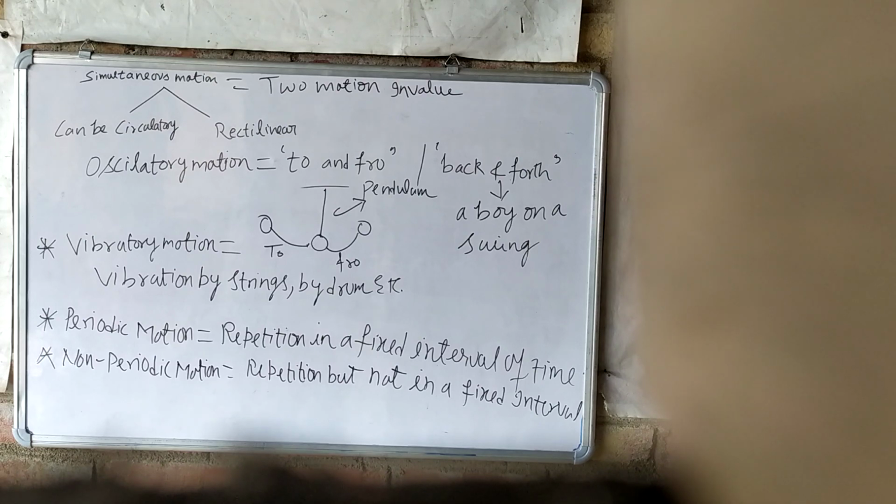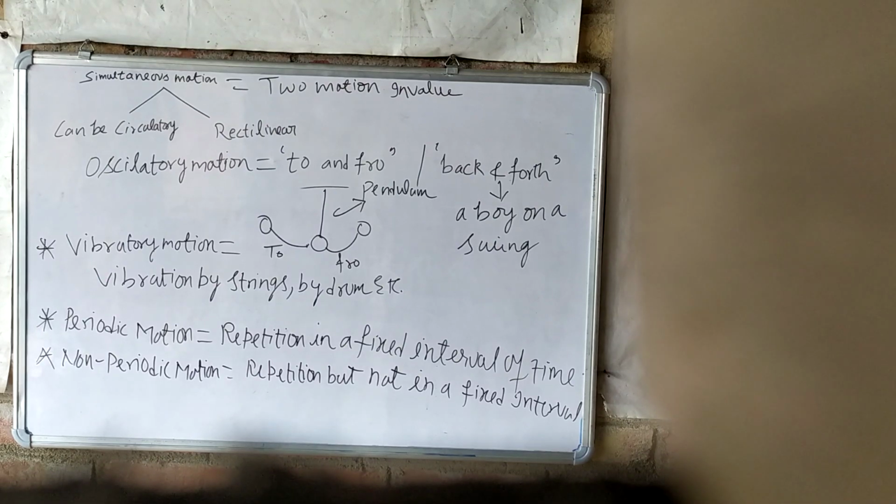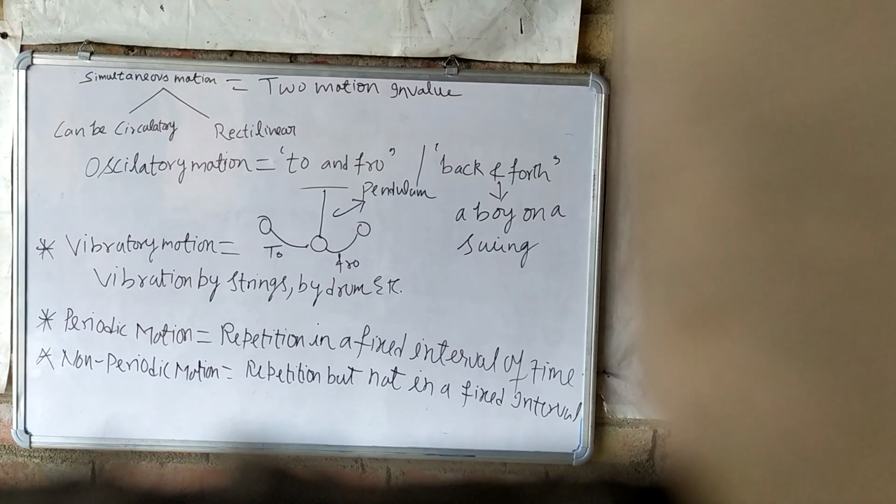Then we have a random motion. What is random motion? An object which suddenly changes its motion from one kind to another kind is said to be a random motion. For example, a flying mosquito, a flying kite. Football: while playing football, you kick from here, the other boy will kick to the other side, so its position is always changing.